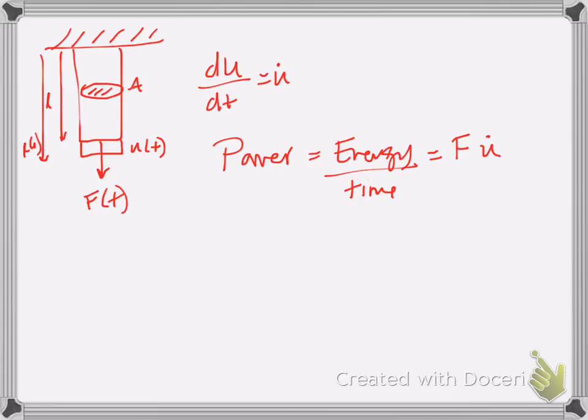But because we want to use the relative sense of these, we can take F u dot, and we know that F has to be divided by A to turn it into a stress. U dot needs to be divided by the length in order to turn it into a strain rate, because remember, strain is the change in length over that original length. And if we look at this, we end up getting the stress times the strain rate. So this is power